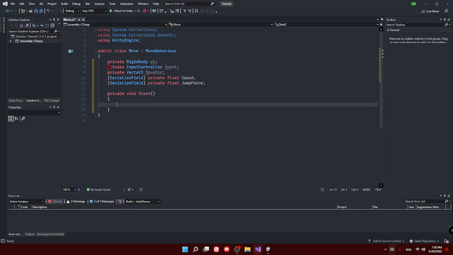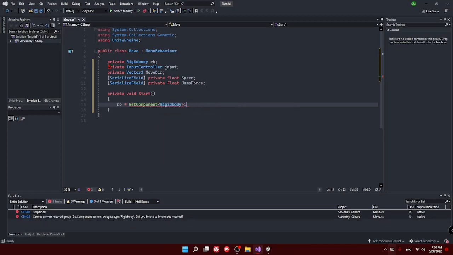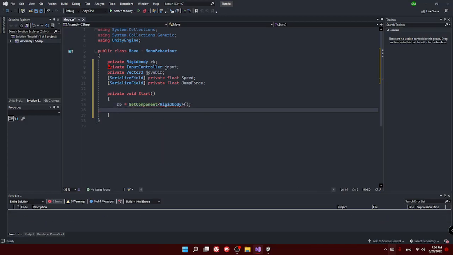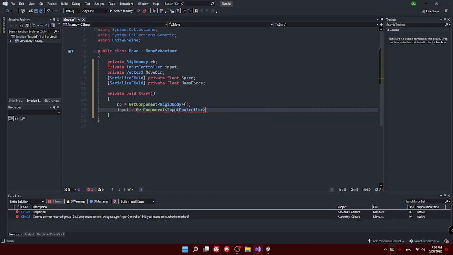In start we are going to rb equal GetComponent Rigidbody, input equal GetComponent InputController.